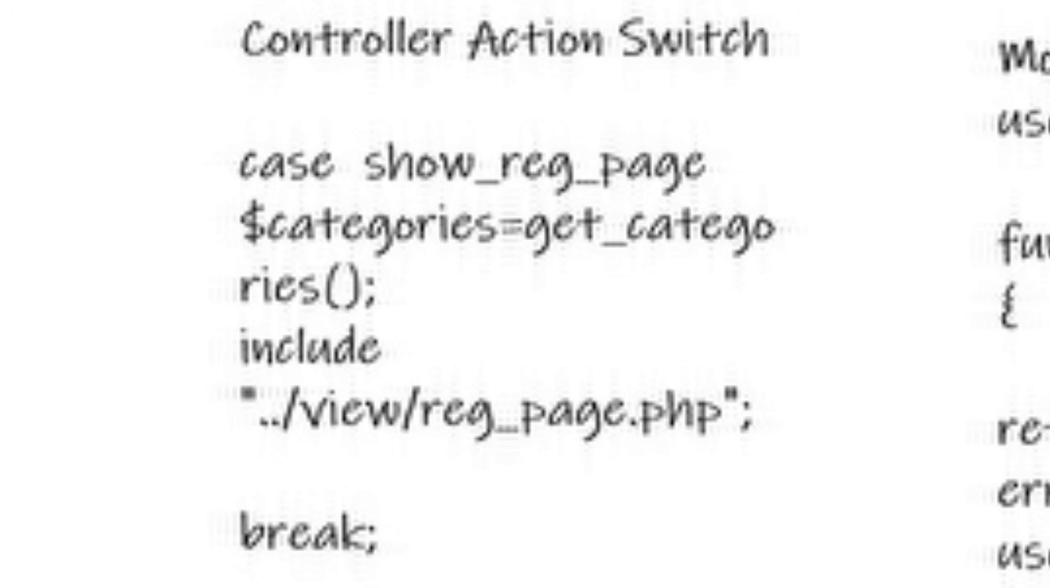It might even help to spell it properly. We're going to have a case, show reg page. There's going to be some code in there until we get to break. Now we think about it and say, what do we need to show at this point in time? We want to display our page. We don't need to collect any data from the input or from the client because it's a new user, so this would be fairly straightforward. We'll probably just do something like include, slash because we're in the controller, go to view,